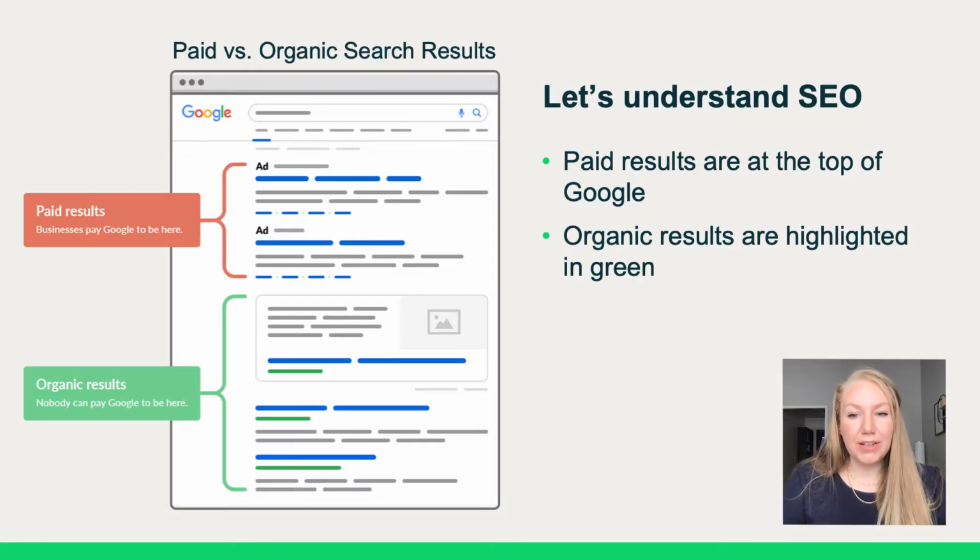Let's take a quick moment to understand SEO. SEO focuses on improving your visibility in organic search results. Organic results are the ones highlighted in green here on the graph, while paid results are the ones you'll see at the very top of a search page. These are highlighted in red. These are ads, and you have to pay Google to show these to users. You'll actually be charged every time somebody clicks on one of those results and goes to your website. These will usually say ad, very small, next to the search result. Otherwise, they blend in very well with organic.